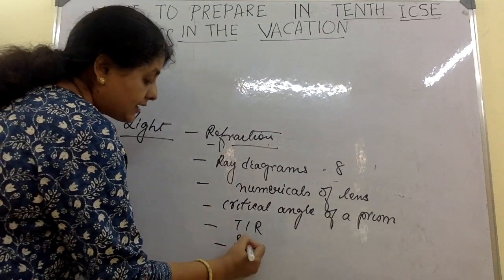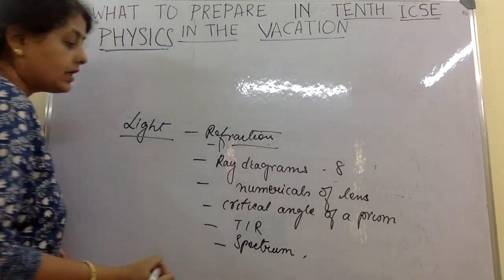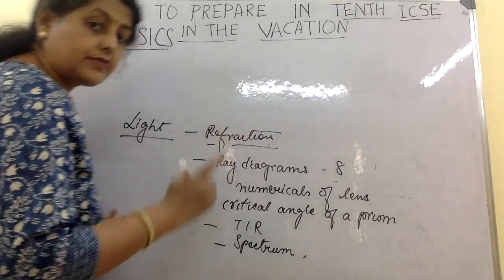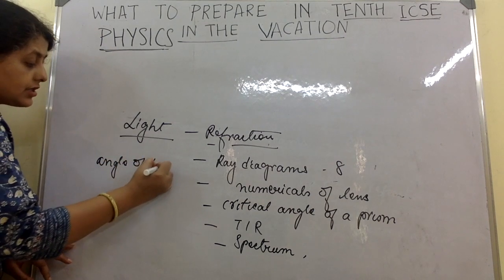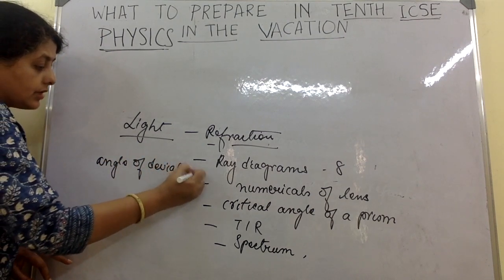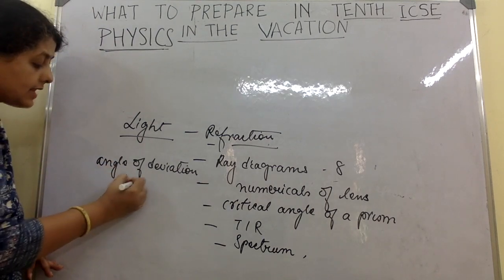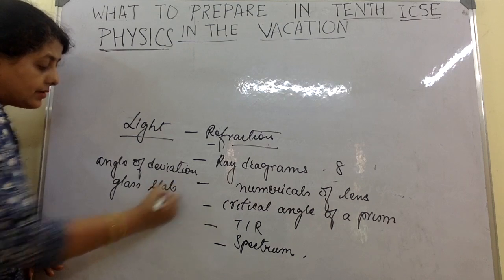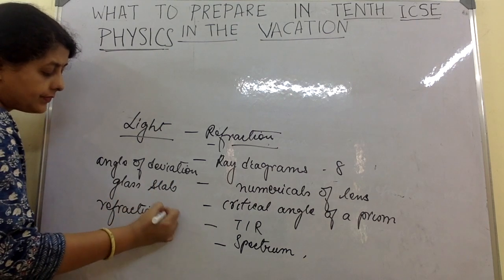Then you have the spectrum diagram, formation of a spectrum by a prism. Okay, you have angle of deviation, both are different things. Angle of deviation diagrams. Okay, diagrams on angle of deviation, very important. Then you have the glass slab diagram, and refraction of a coin